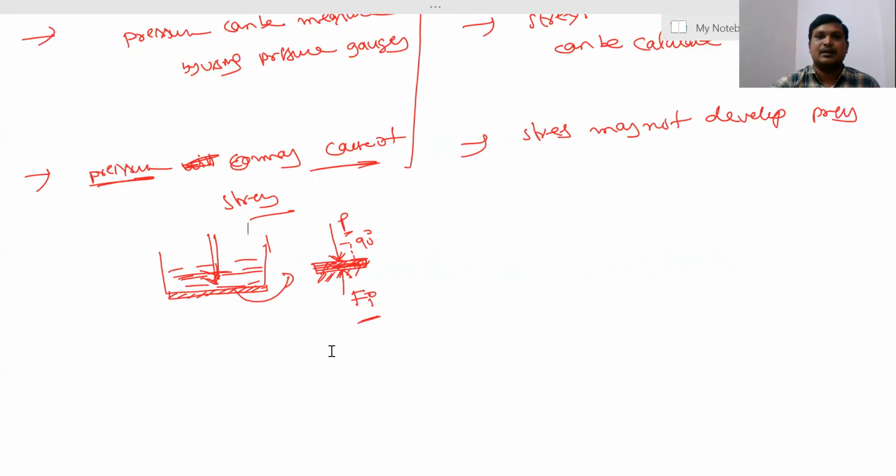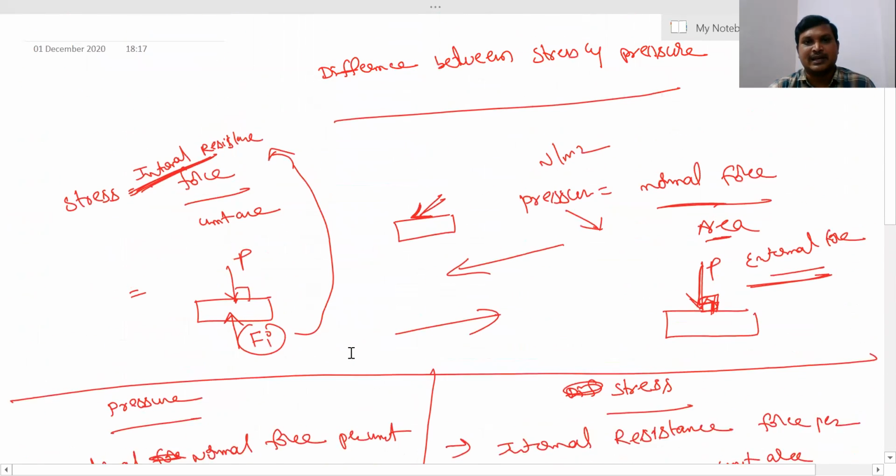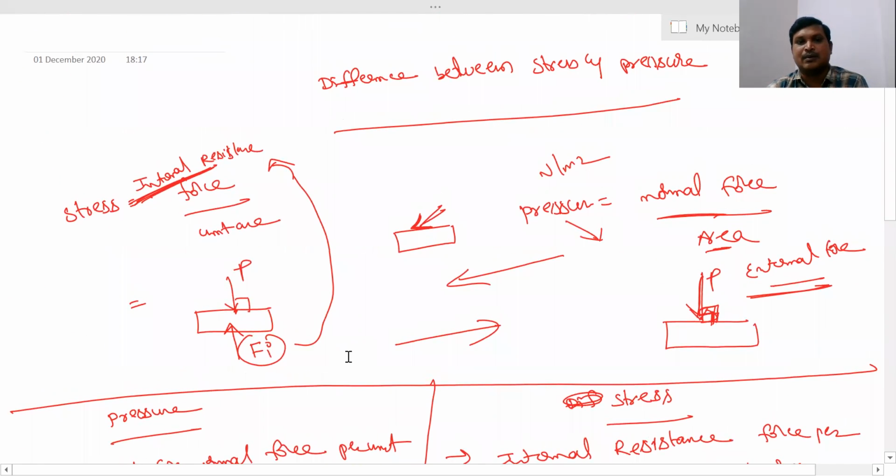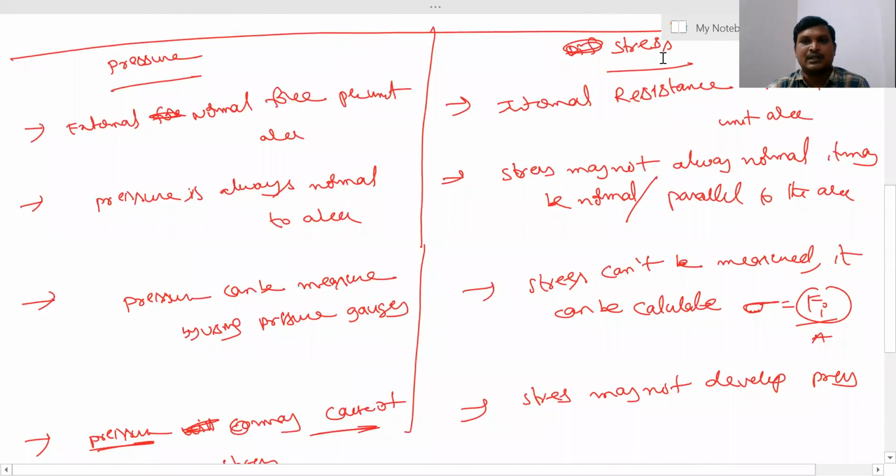Is it clear? So till now we have completed stress: the definition of stress, the different types of stress cases, the difference between stress and pressure, and the units of pressure. Okay, in the next class we will discuss strain: what is strain, what are the different types of strains, and what are the different cases of strains. Okay, so